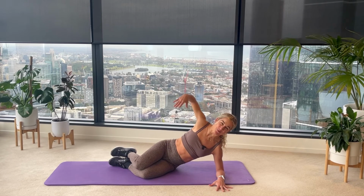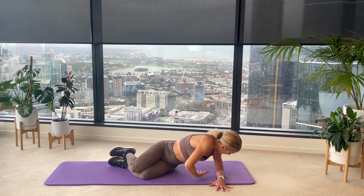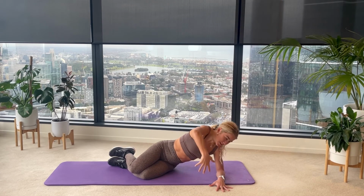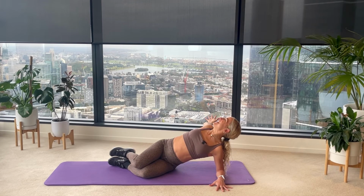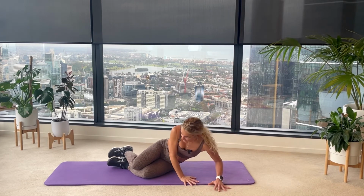Reach your right arm up towards the ceiling, nice and tall. Taking that right arm all the way underneath. We're going for that nice slow weave. Releasing through the upper back, through the shoulders. Reach it up towards the ceiling, open up through that chest into that nice rainbow shape. And all you need to do here is just switch straight on over onto your sit bones with your knees